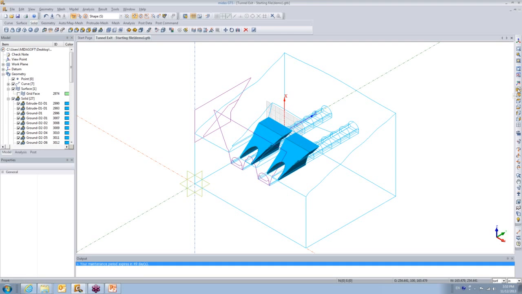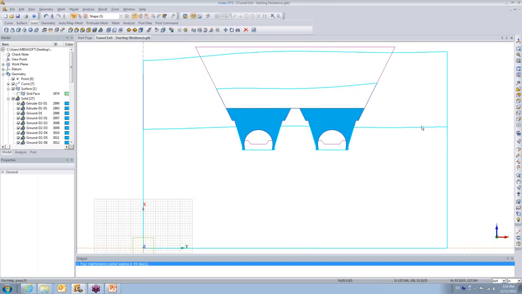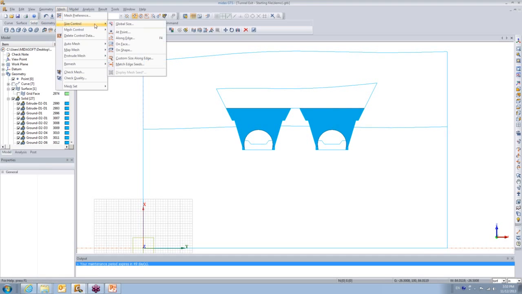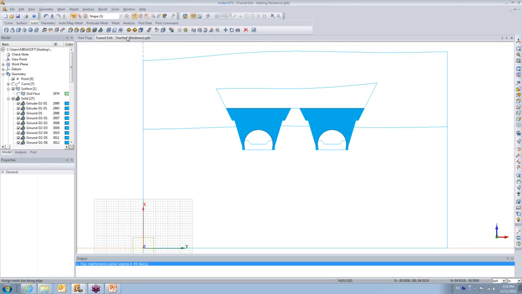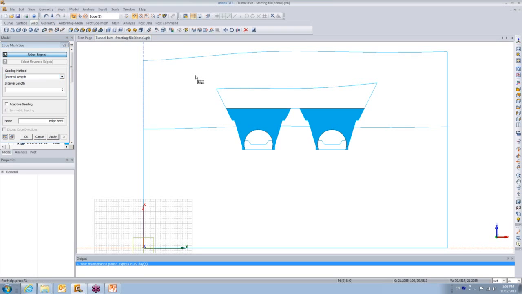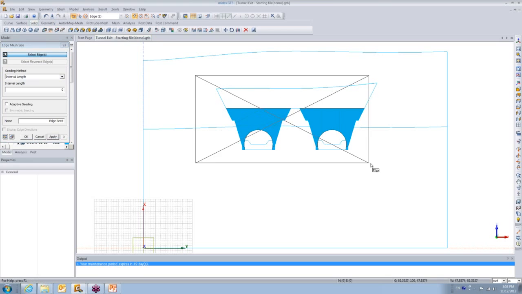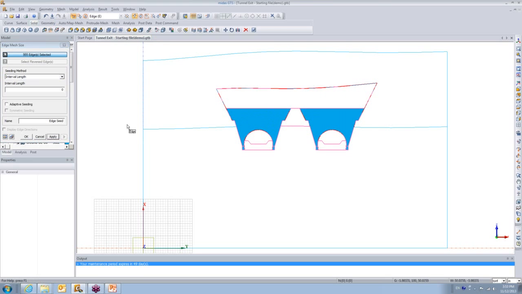So for this, I'll go to the front view. This is the front view of the tunnel that we are working on. I'll hide all the colors that I don't need, so this is all the geometry left here. And under meshing, we can specify the edge controls. It is always recommended to control the mesh size as you go. So in areas where you want denser meshing, you can